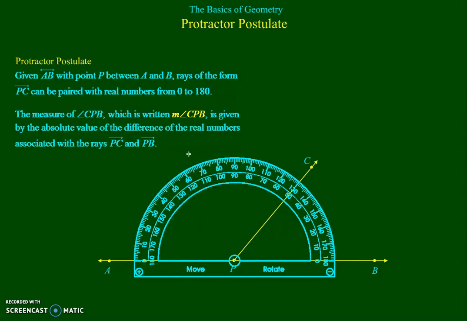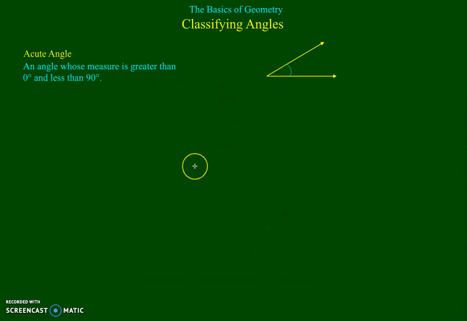All right, now we're going to look at classification of angles by their measure. Most of these classifications you should have seen already. If not, this will be a little refresher for you. An acute angle is an angle whose measure is greater than 0 and less than 90. The next classification is a right angle. A right angle is an angle whose measure is equal to 90, and you will characteristically see this little square